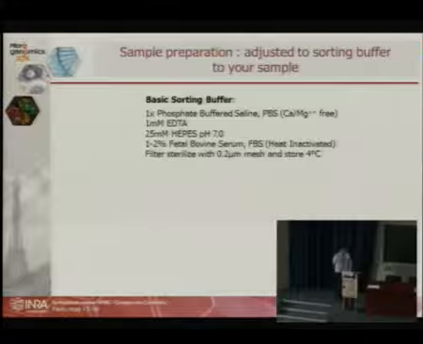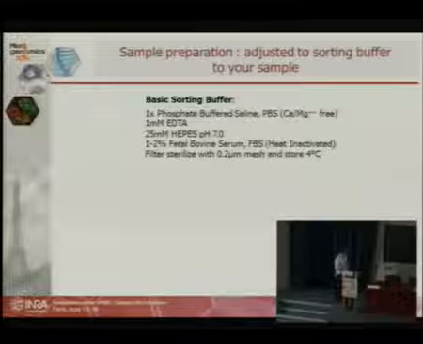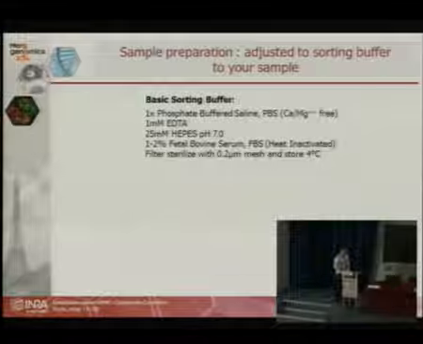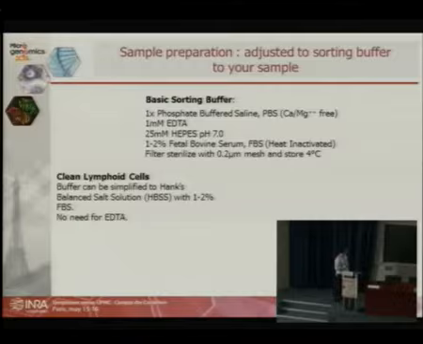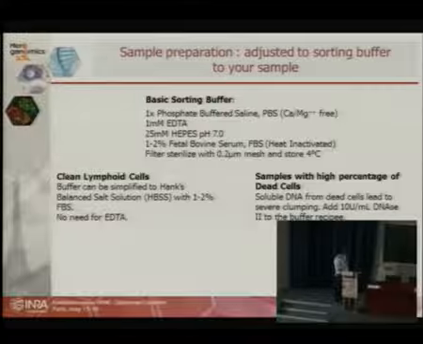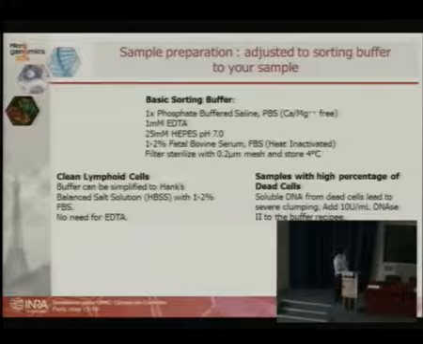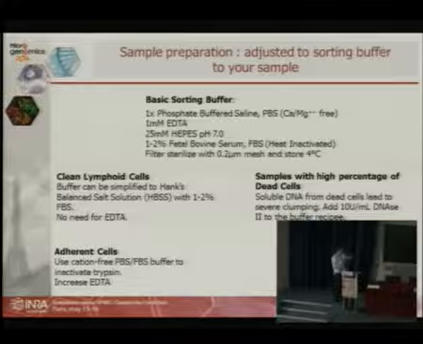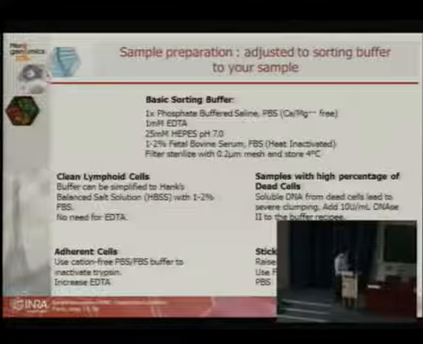Now on your side, what is crucial when you prepare your sample is the buffer in which you put your cells, because if the buffer is not appropriate, your cells start dying, or you put metabolic stress, and it's not good for what comes after. So you have these basic buffers, then we have other buffers that are meant for cells that are dying or where you have lots of dead cells. Then you have other buffers for adherent cells where you increase EDTA, for example, to avoid them clumping together. And for sticky cells you can increase EDTA even more